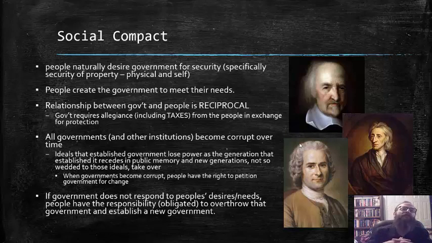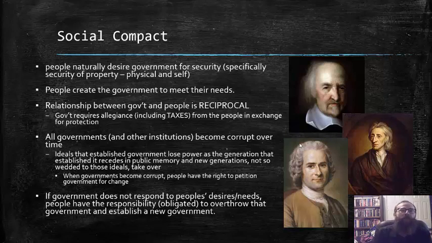Next, I want to talk about the social compact. Now, people naturally desire government for security, specifically the security of property, both physical and the self. People create government to meet their needs. And the relationship between government and people is reciprocal. Government requires allegiance, including such things as taxes, from the people in exchange for the protection that the government provides